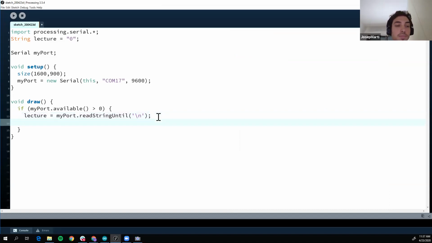So the lecture will be only this reading. What we can do is translate this lecture to a value inside this function. To avoid problems, let's check if lecture is different than null, because sometimes we can have a problem and read a null value. If we don't want to read this null value, we can say, okay, if the lecture is not null,